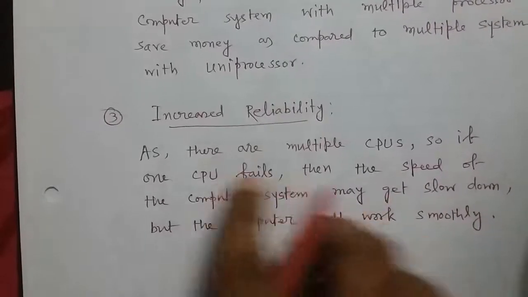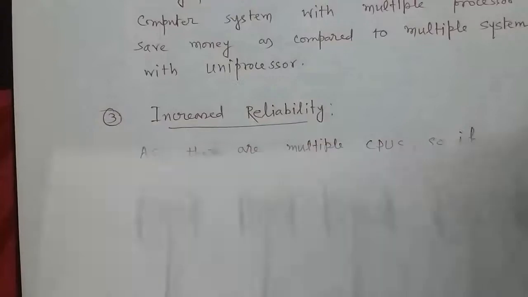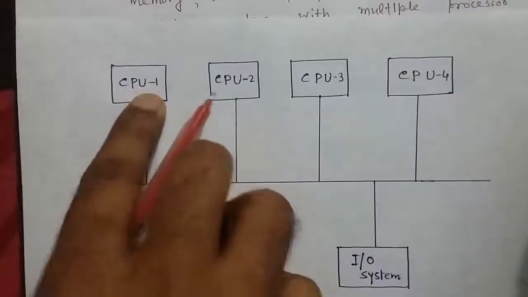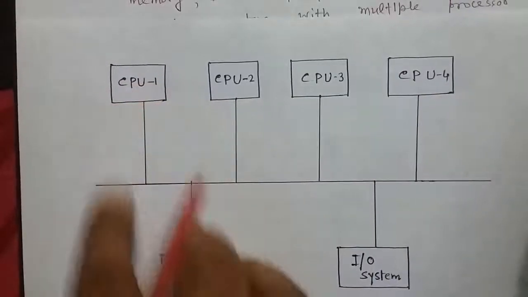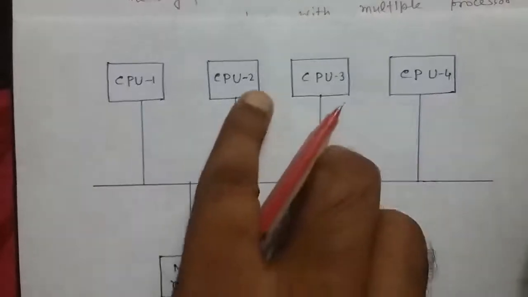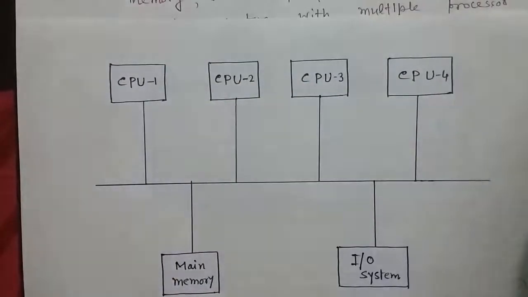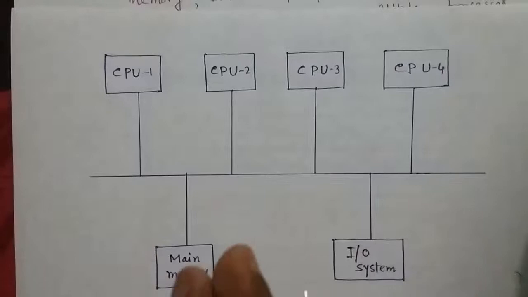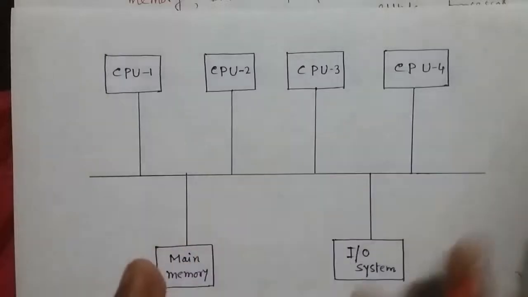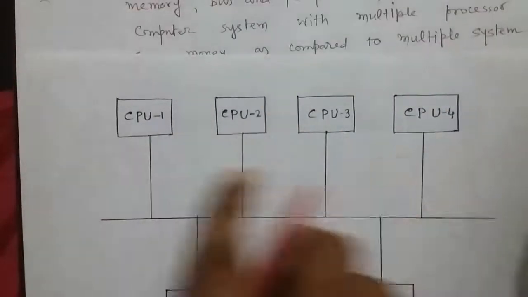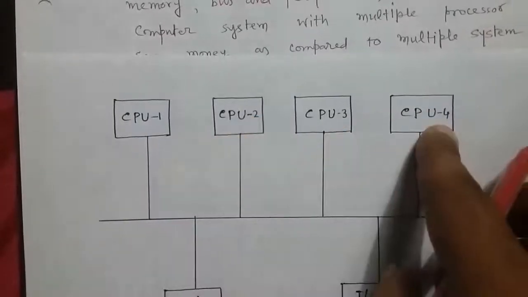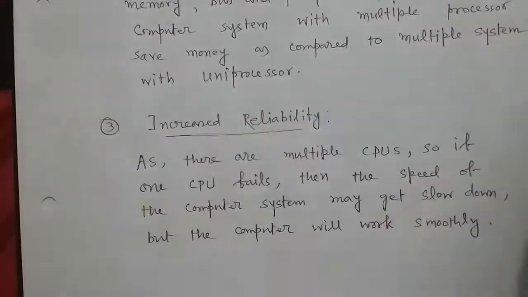isn't it? Because suppose there are 4 processors. I'm explaining this one with the help of this diagram. Suppose in this system there are 4 processors. So suppose CPU 1 fails, CPU 1 is damaged. So the overall task of the computer can be performed using CPU 2, CPU 3 and CPU 4. But in case of a single processing system, there is only one CPU and one set of main memory and peripheral devices. So if that CPU fails, then the computer will not work at all. But in case of a multiprocessing system, this is possible. Okay, suppose CPU 1 fails, CPU 2 fails, then CPU 3 and CPU 4 can work smoothly, isn't it? So these are the advantages of